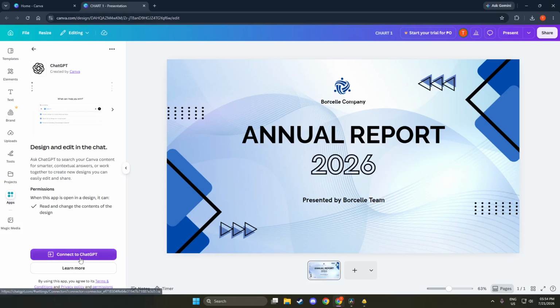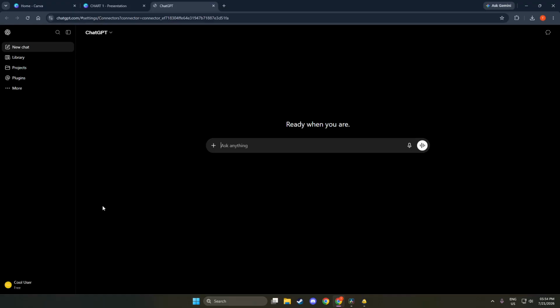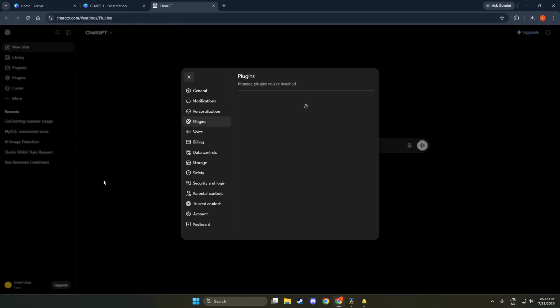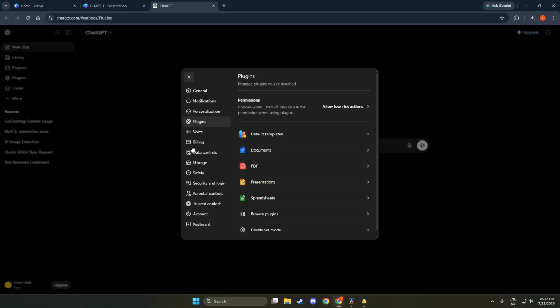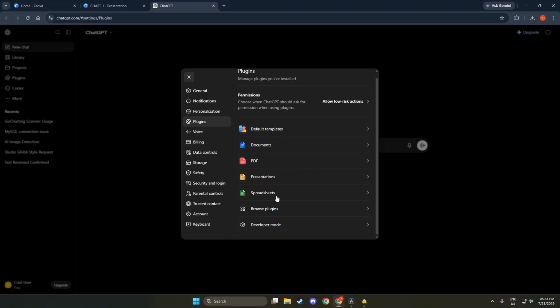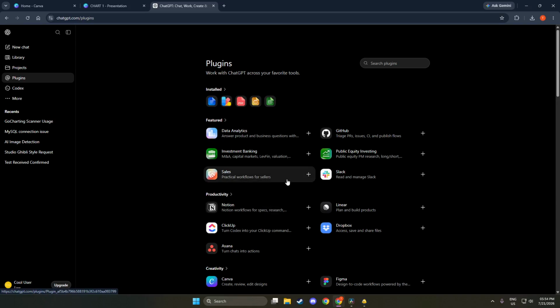As you click on it, you'll be directed to a page that provides additional details about the application. This page gives you a brief overview of what ChatGPT can do within Canva. It's reassuring to know you are about to add a powerful AI tool to your design arsenal. Once you confirm your selection, you're moving closer to enhancing your Canva experience.